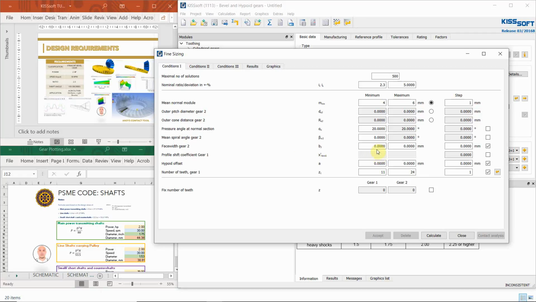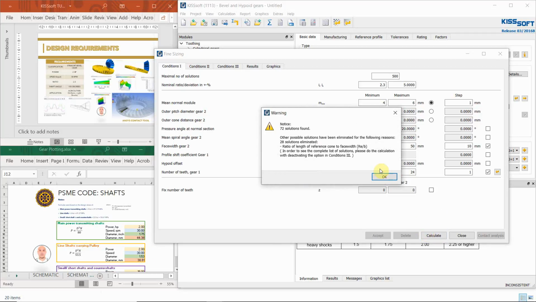Then face width of the gear, let's say 40 mm to 50 mm. Again guys, you can adjust the range. For this tutorial, I will just use a simple range so that the software can simulate faster. Then of course, hypoid, this is not a hypoid, so just click. The number of teeth 11 to 24, set as default. Then click calculate. The software, as you can see, will automatically compute the sizing, and the result is